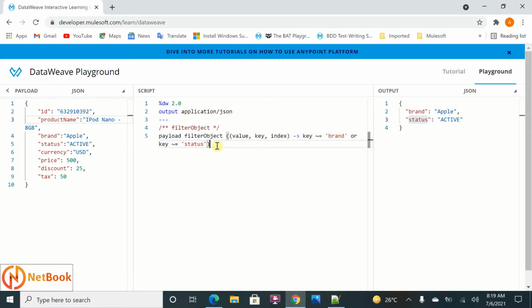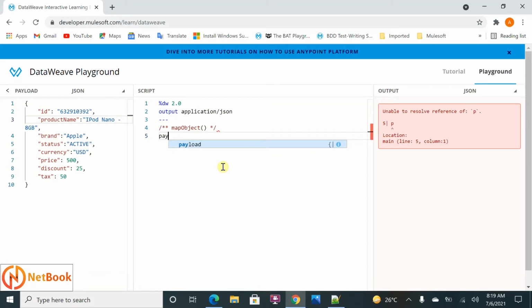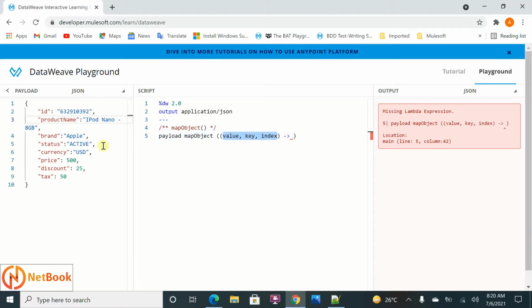Now I'm going to talk about mapObject. I can say payload mapObject. It is exactly the same; it also has three parameters, and it works the same way I explained for filterObject.